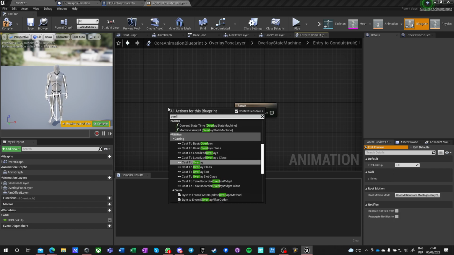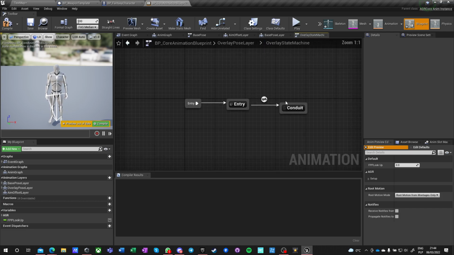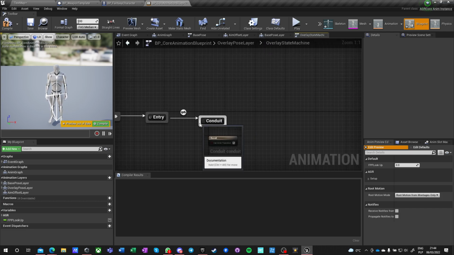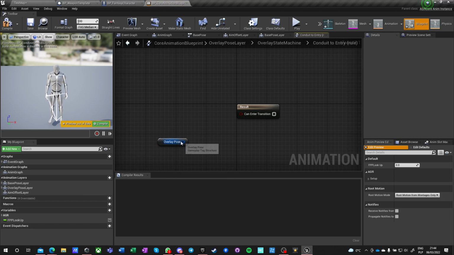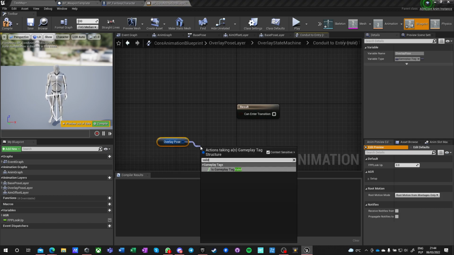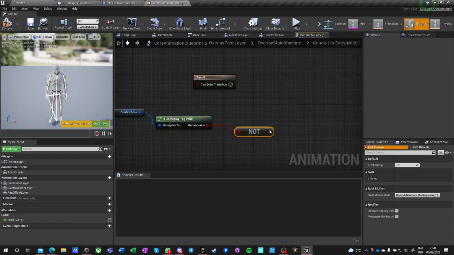It says overlay pose valid tag, so it's just anything that is a valid tag that you can enter, and overlay pose valid tag not,